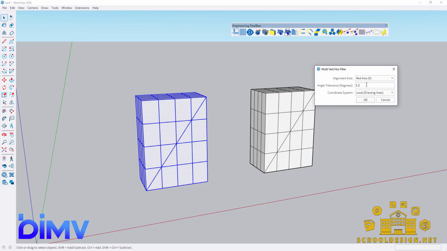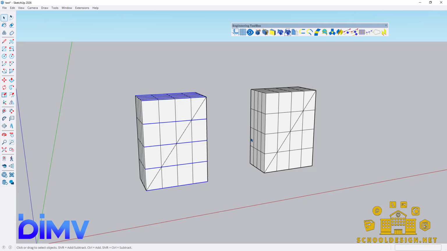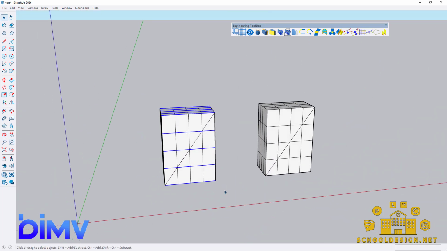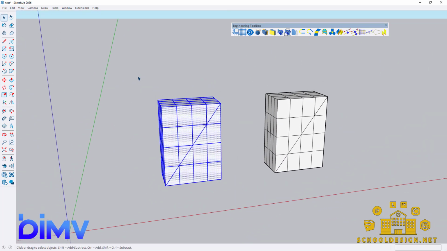I click on the plugin and choose that I'm interested in all edges along the red axis. I add some tolerance. By default it is 5. You can decrease it or increase it. And I choose the coordinate system, the axis system. We have two types. The first one is the global, meaning the one that is on the 0 axis, while the local applies only to components. I select global and click OK, and I immediately have all the edges selected that are in the direction of